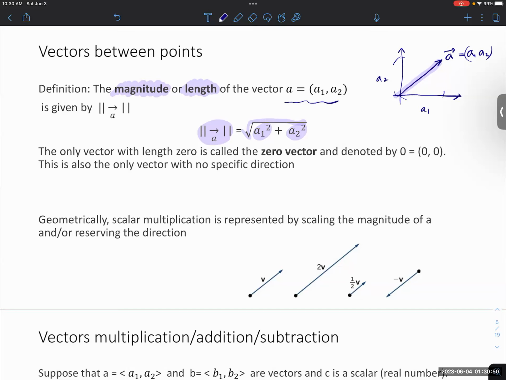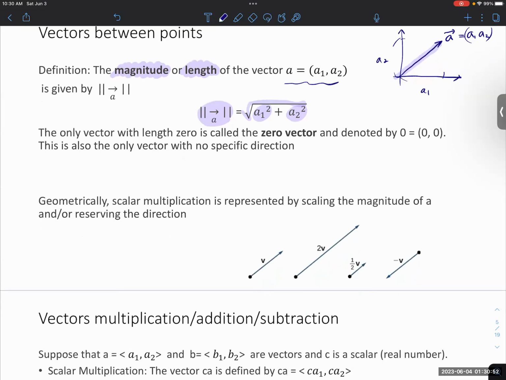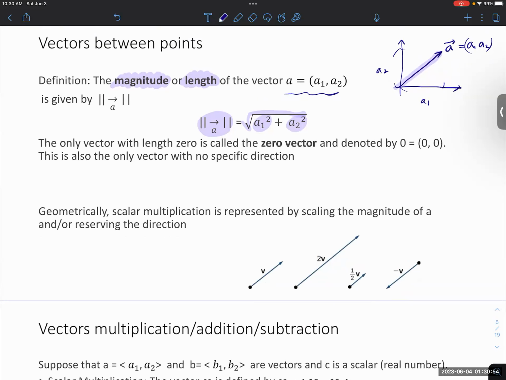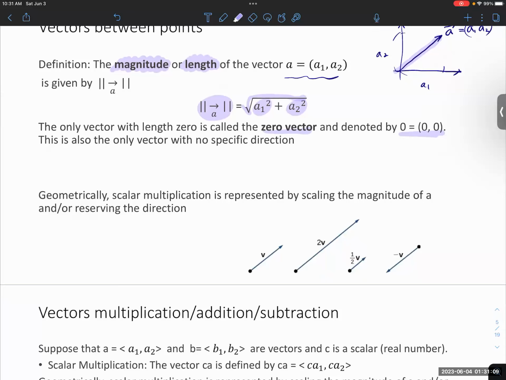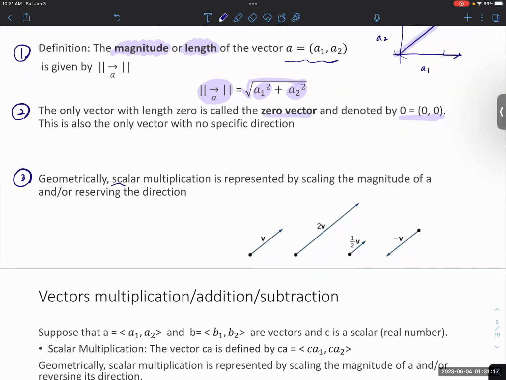Okay, I'm going to show you an example. And one thing is, there's a zero vector. No matter what you multiply with the zero vector, the result is zero. So we can also talk about operations of the vector. Just be aware, the zero vector means (0, 0). Another thing: so this is the magnitude formula, the zero vector, and the third one I want to introduce is scalar